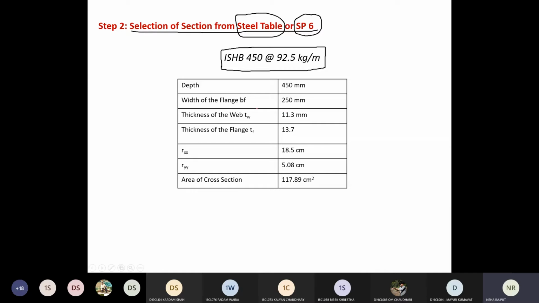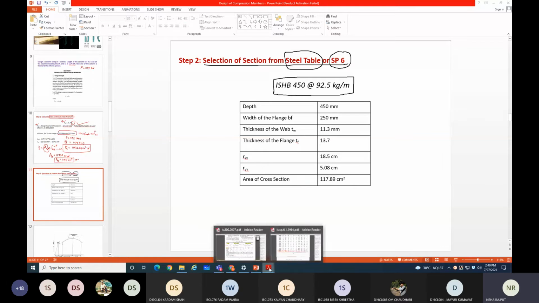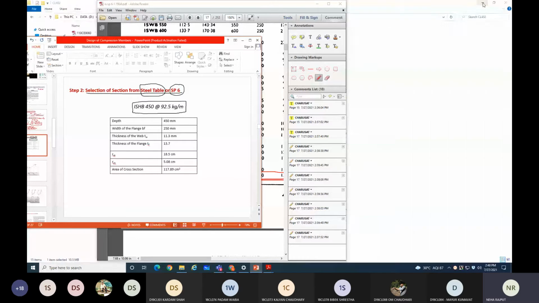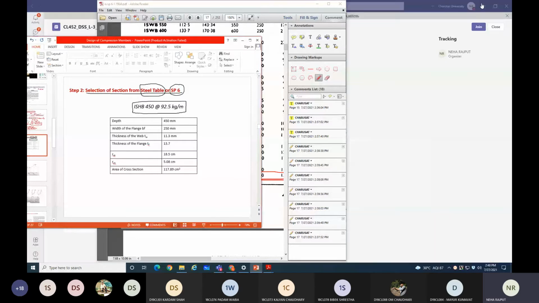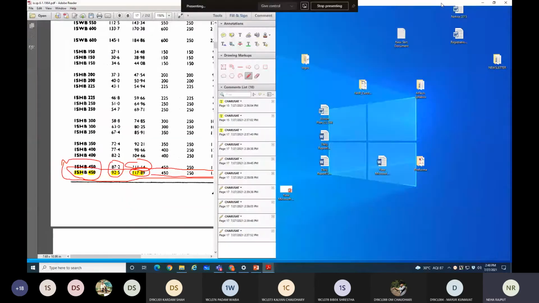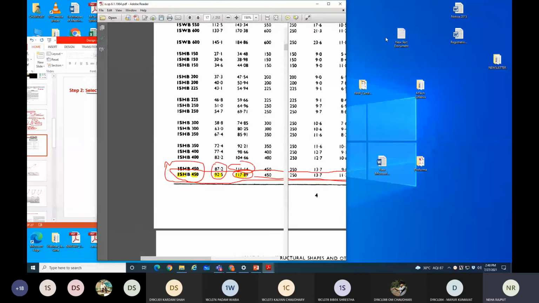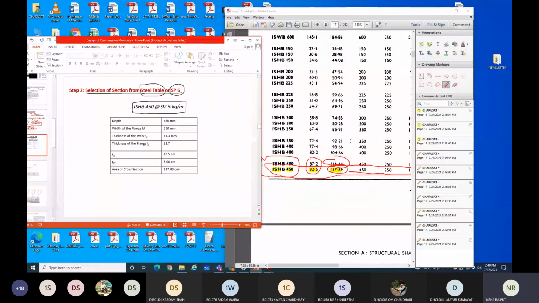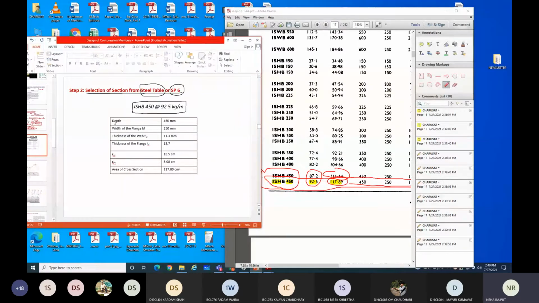So those values are depth. I'm just making some arrangement so that you can see both simultaneously. Right. So the first requirement is depth.